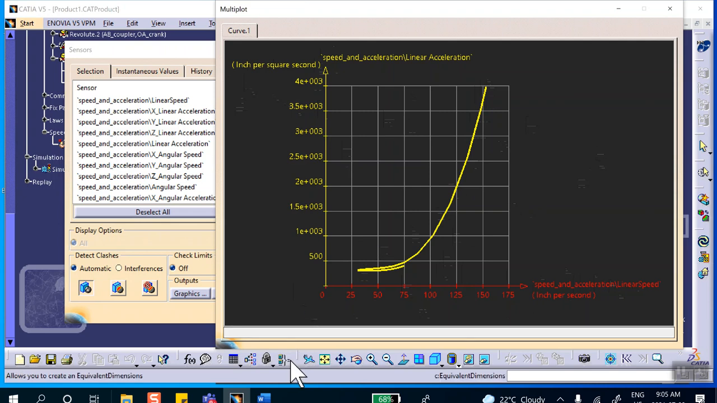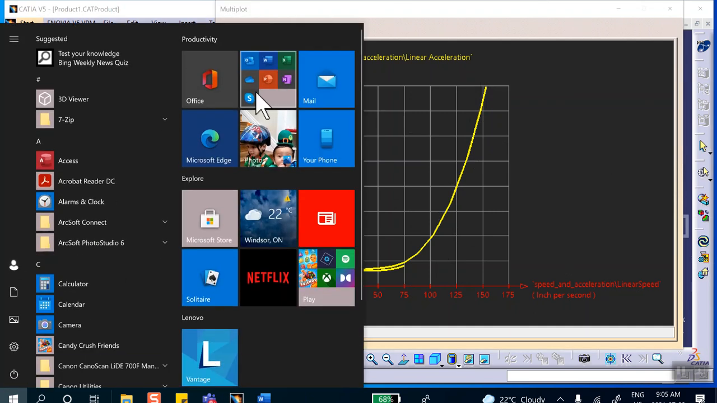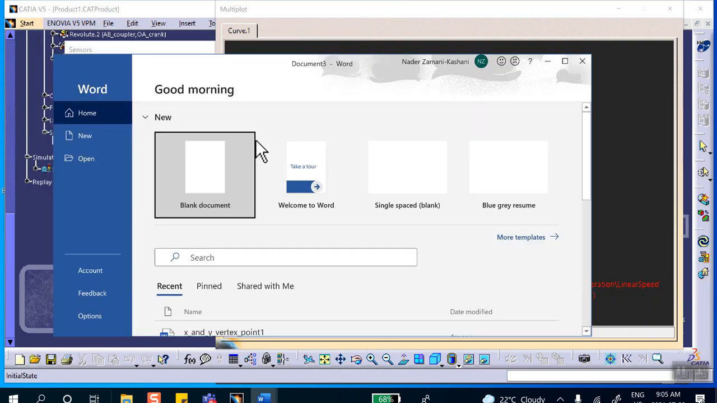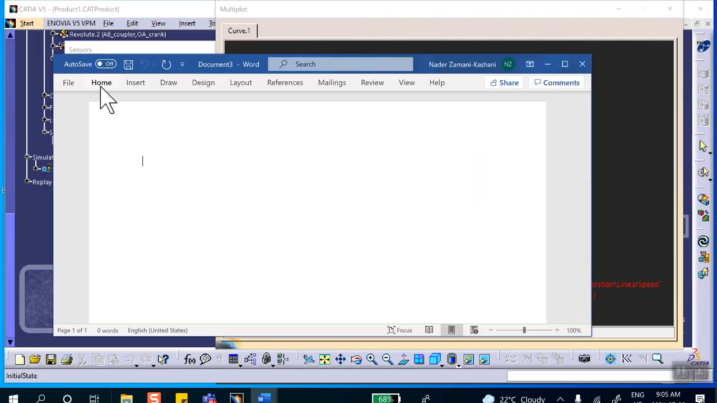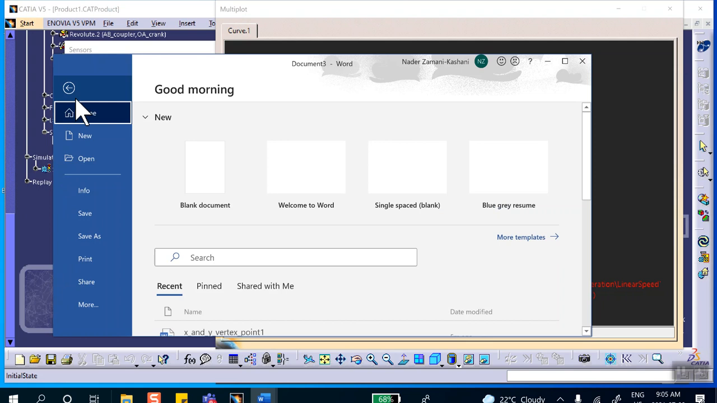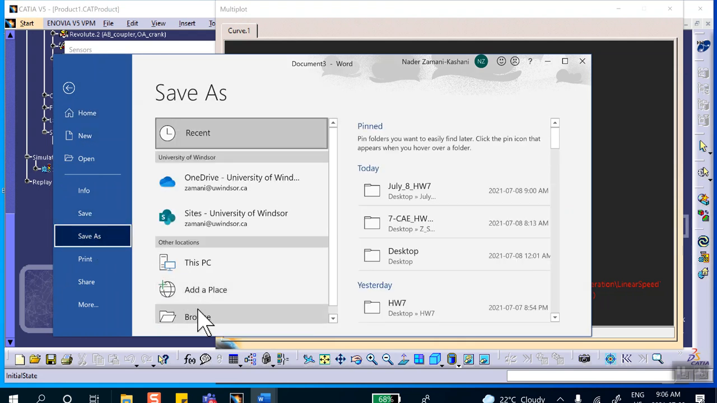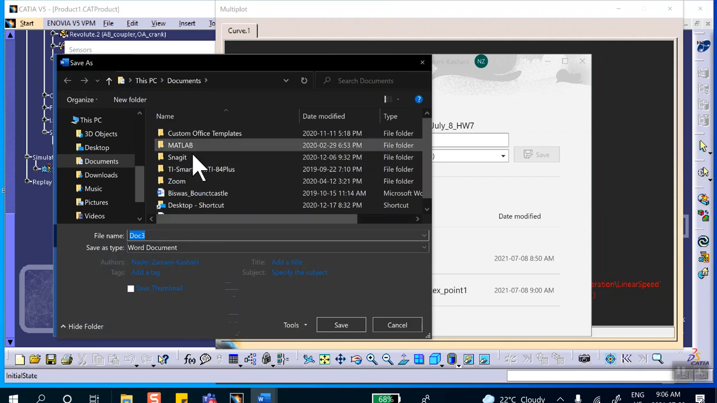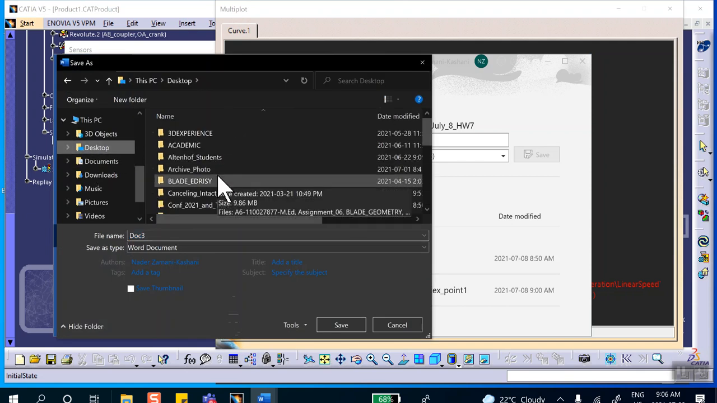This screen capture, print screen, another Word document, paste. There we are. Save it. File. Save as. That was this folder, right? Actually, let's go find it right there. This desktop, July 8th,